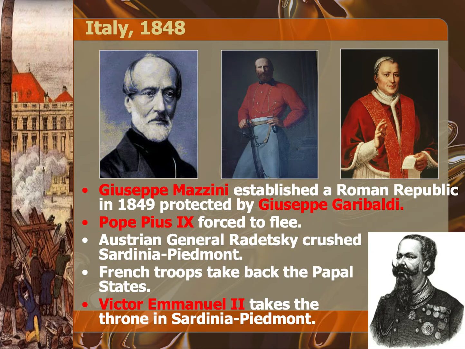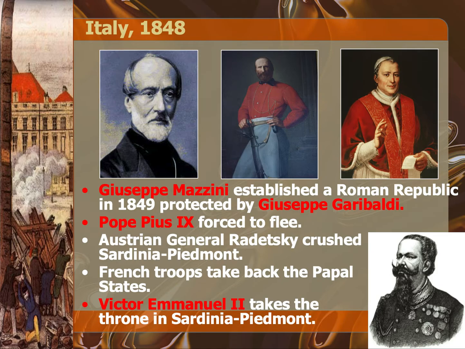Now, at the same time, you have the King of Piedmont, who is a man by the name of King Charles Albert. And you can see his picture there down in the corner. This is King Charles Albert with the very impressive mustache. That's Pope Pius IX, by the way. So,